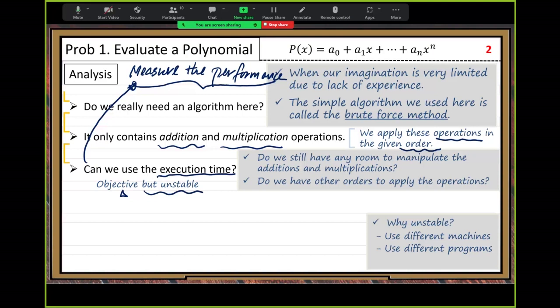So there is also a significant difference between different implementations. So it is still not stable. We want to choose some stable measure that does not rely on hardware and software